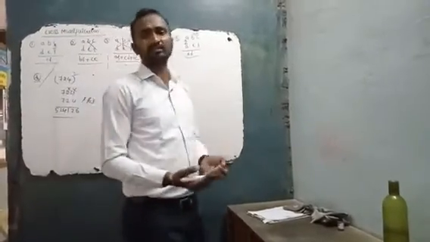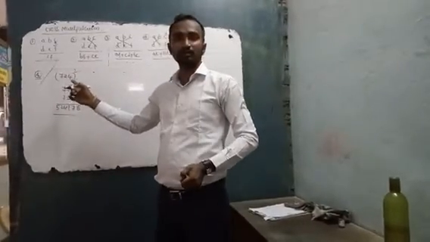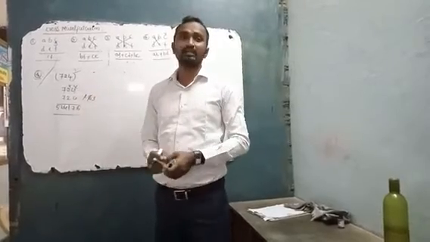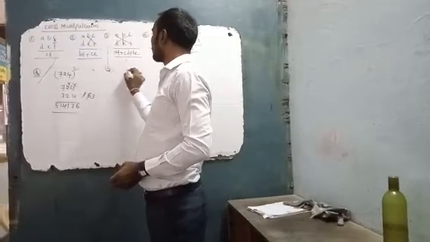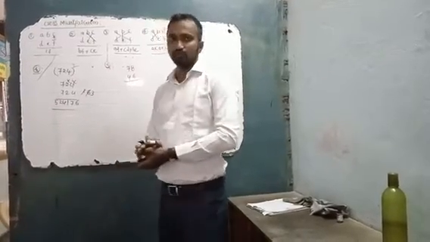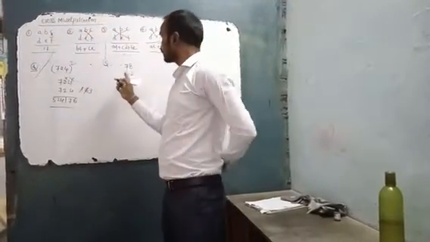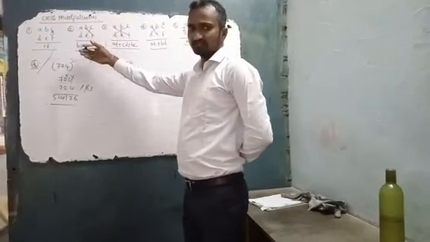You can take any number; we can easily multiply as well as calculate the square of the given number by using cross multiplication. This is only for 3 by 3. Suppose in the question only 2 by 2 is given, how to multiply 78 into 46? We will see the same question. By using cross multiplication we can solve this also. First step as it is, second step as it is. We will see one by one.